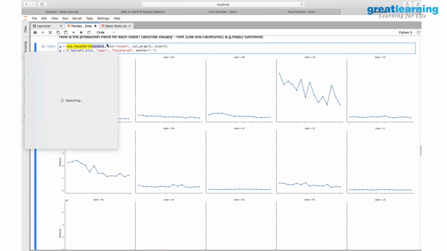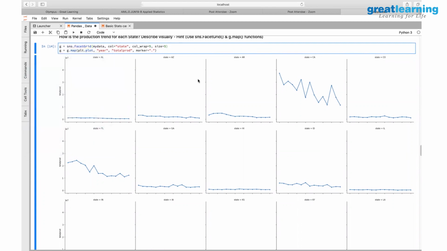This is basically a context setting. This facet grid does not do any kind of mapping. How your map should look is defined by facet grid. You understand that part, right? So here I want 5 columns and the size of each graph is 5. That's what I am defining. And the base should be my data set. I defined that. Now that is assigned to this variable called G.